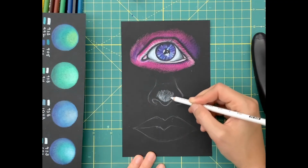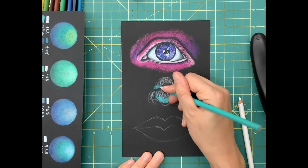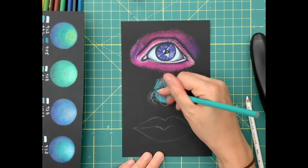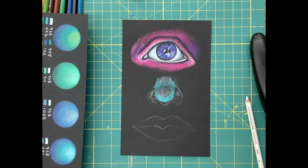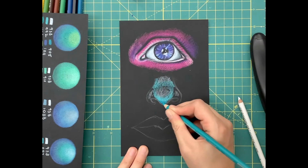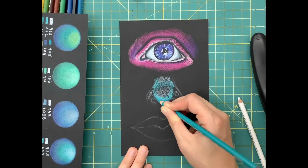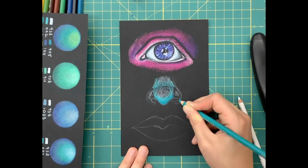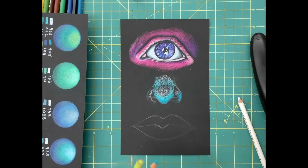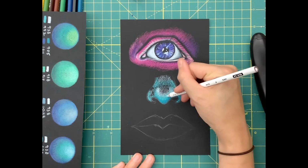All right, who's ready to kick it up a notch? Using this method of color pencil blending on black paper can make really interesting and artistic portraits. Before starting a large portrait, I want to start by drawing a few facial features and rendering them in some of these expressive color combinations that I've practiced with. This way, I'm figuring out what color combination I actually really want to use for an entire portrait before starting the entire thing. Here you can see I've already completed the eye, and now I'm working on the